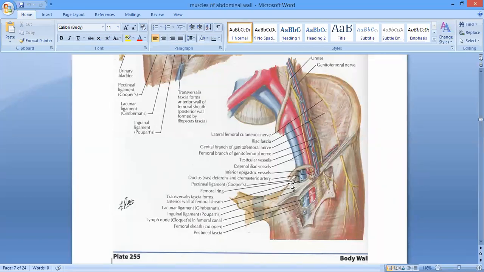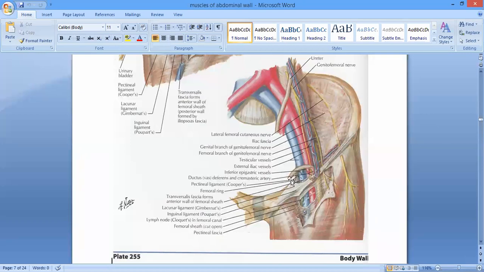Okay, now from here, the pectineal line, जहाँ पे ये lacunar ligament की attachment हो रही है, you see there is extension or thickening of the fascia, ठीक है, upwards. Here you can see the thickening of the periosteum over here, above, this one, ठीक है. So at the pectineal line, the lacunar ligament becomes continuous with the thickening of the fascia here, and this is called the pectineal ligament. So we have talked about the inguinal ligament, then the lacunar ligament, and then over here this is the pectineal ligament, right?